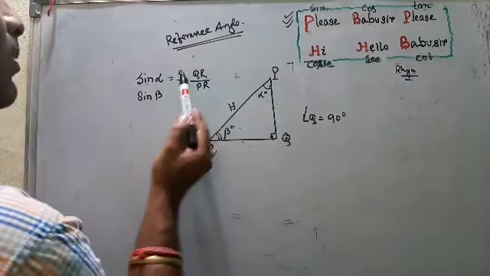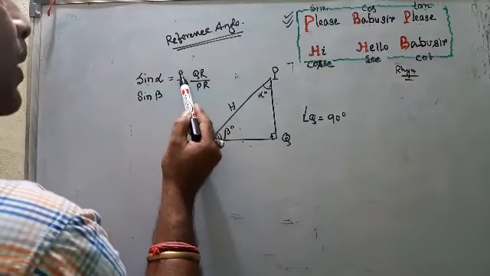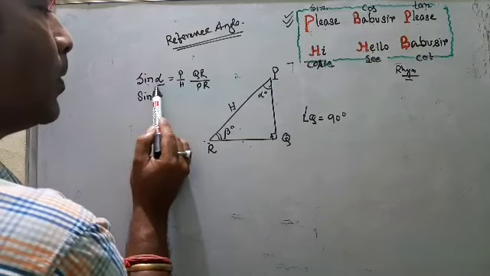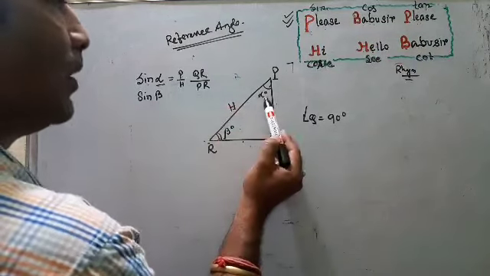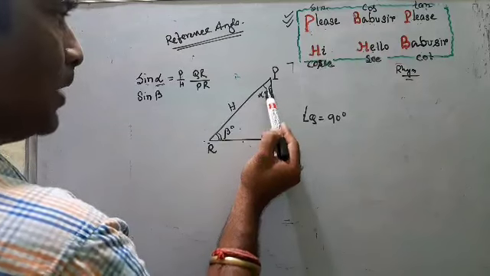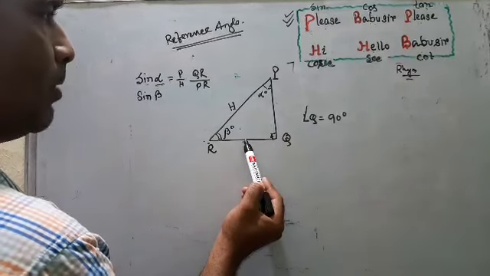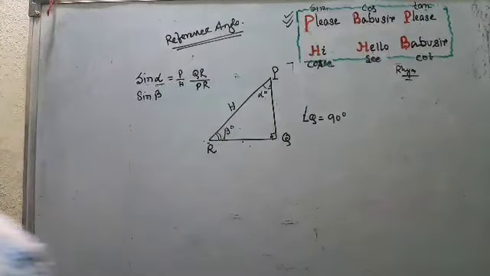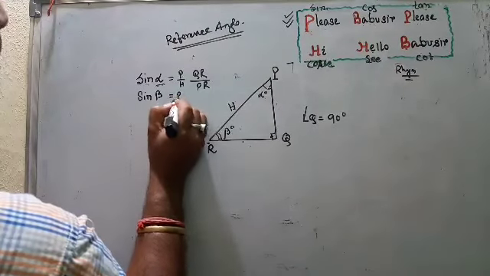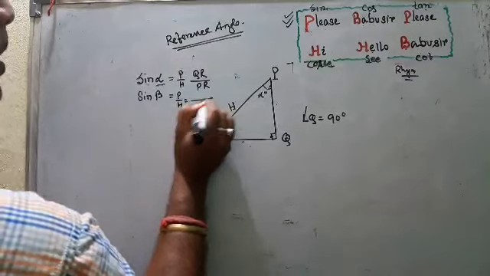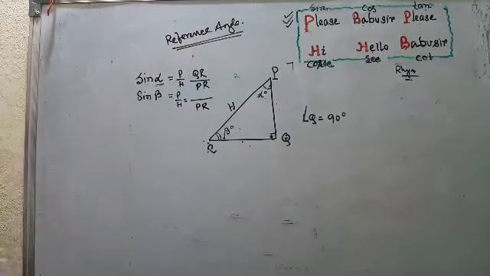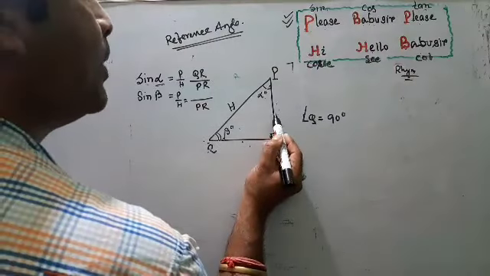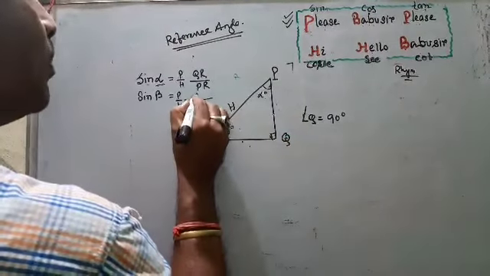So here sine is P by H, perpendicular we don't know. Then I go to the reference angle alpha. From alpha, this is my perpendicular, that's why I write QR, and hypotenuse is confirmed, PR. In sine beta, again P by H, and my hypotenuse is confirmed, that's why I write PR. Now from beta I check. From beta the opposite side is perpendicular, so that means PQ is now perpendicular.